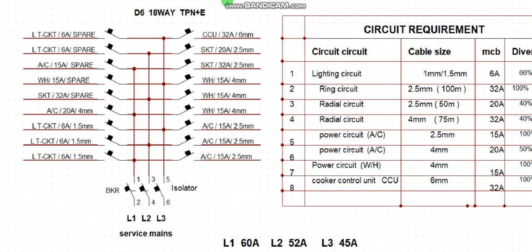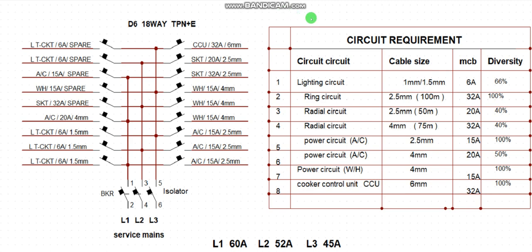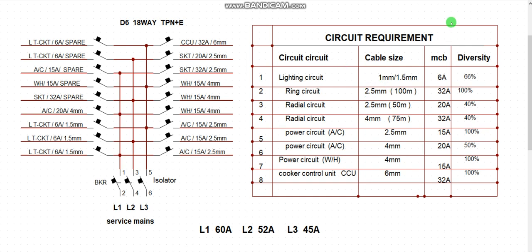Now, let's quickly discuss the installation. Installation arrangement entails the arrangement of this particular circuit requirement. Let's discuss ring first. We have three standard socket arrangements. One is ring. You know the arrangement of a ring, that the cable must go through and flow. The arrangement requires, as stipulated by the IET, the Institute of Engineering and Technology, the regulatory body from the UK that governs that particular installation, that